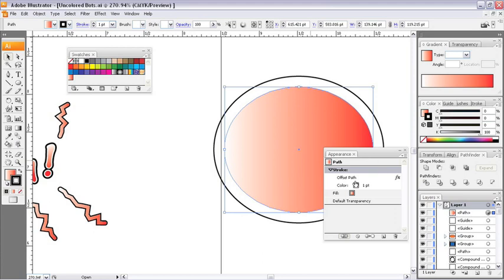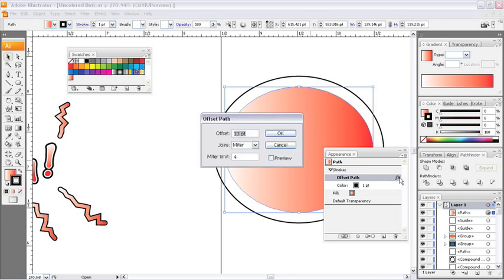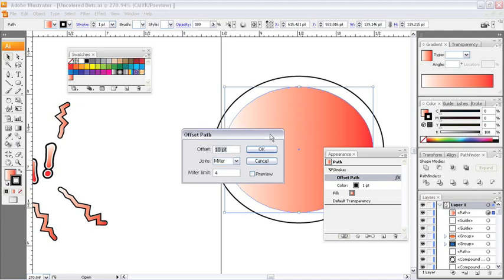Here's another reason. Inside my appearance palette, I can see there's my stroke. I have this little twisty arrow here beside it, and I can see there, offset path. Now the neat thing about live effects, if you don't know already, is they're always temporary. They're always editable. So I can double click on the offset path inside the appearance palette, come back into the dialog box. Again, I always turn on preview here,